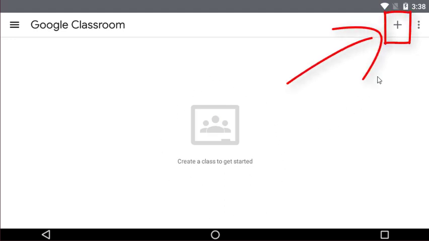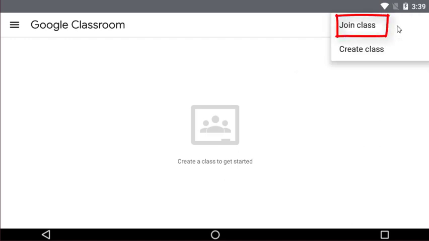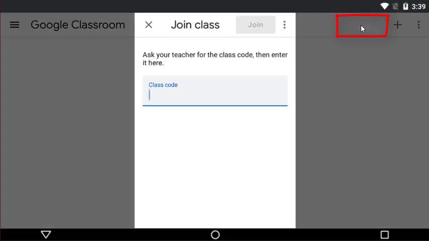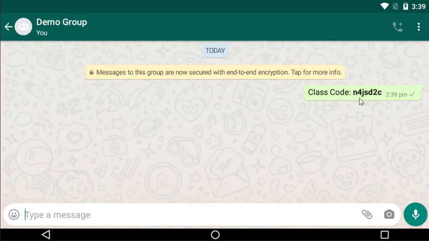After doing this much, you have to click on this plus icon to join a class. Because you all are students, you have to click on this join class button. After clicking on this join class button, you have to enter your Google Class code that you might have received from your teachers. Generally, this code is an alphanumeric code of 7 characters. It is something like this. So it is the class code for class 7 computers. Similarly, you can find all the codes in the respective groups. You have to type the same code in your Google Classroom app.